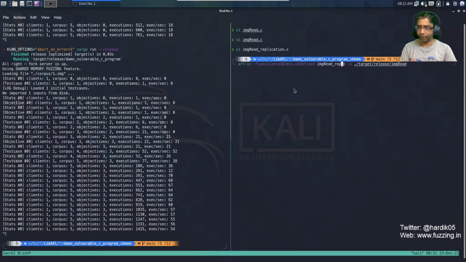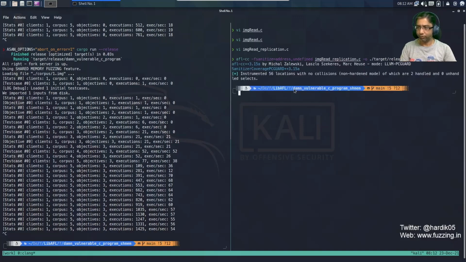Let me rename it as replication. Okay, so we have this file compiled, and now we can use this newly compiled file to replicate all the crashes.